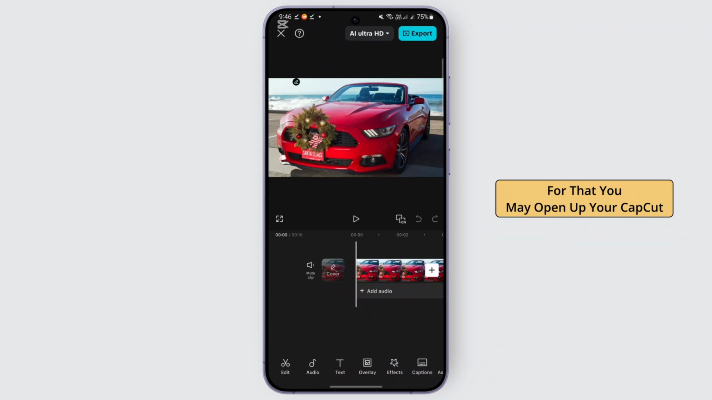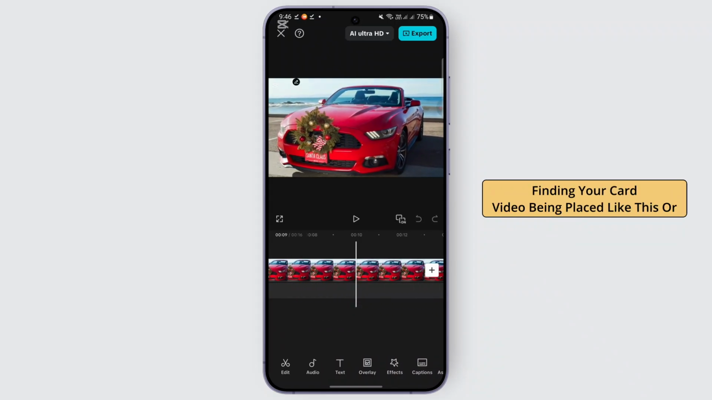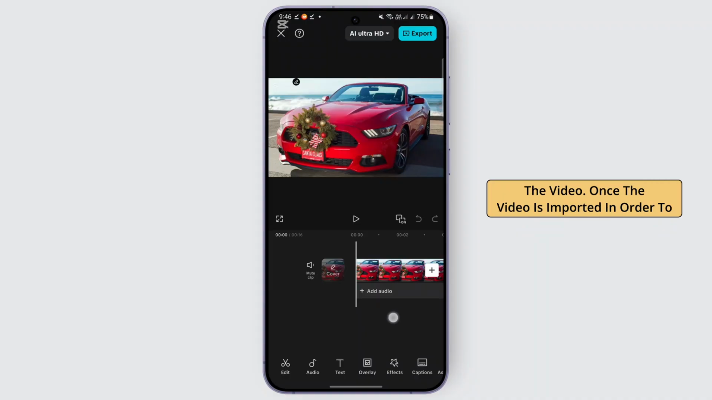So for that you may open up your CapCut application first and you should be finding your car video being placed like this, or you may go ahead and import the video. Once the video is imported, in order to blur out, the first thing you can do is basically go ahead